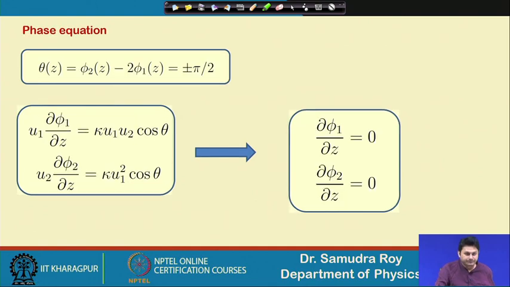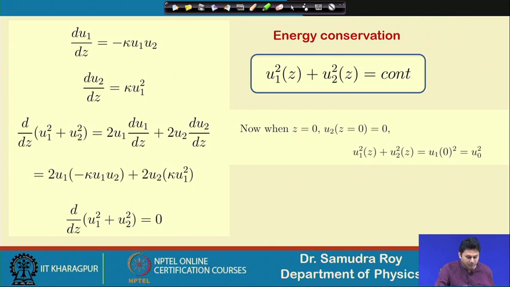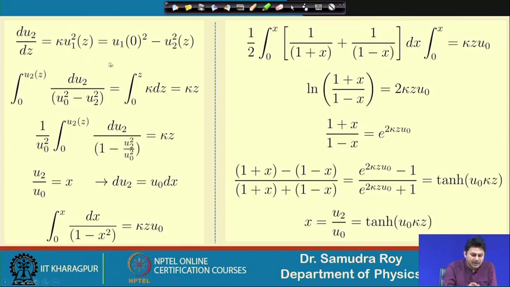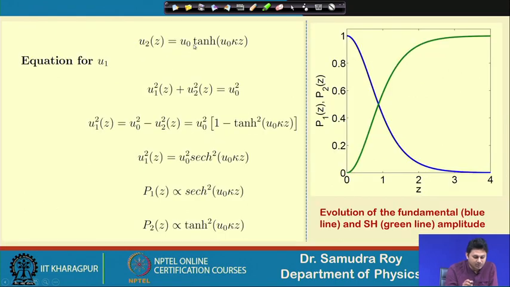So now what will we do? We will use this equation, and replace u1 square by u0 square minus u2 square of z, because obviously one kappa should be multiplied here; the kappa is by mistake not there. So du2/dz is equal to kappa u1 square, and u1 square plus u2 square at z is equal to u10 square. I just replace u1 in terms of u2, and I will get this with a kappa value.